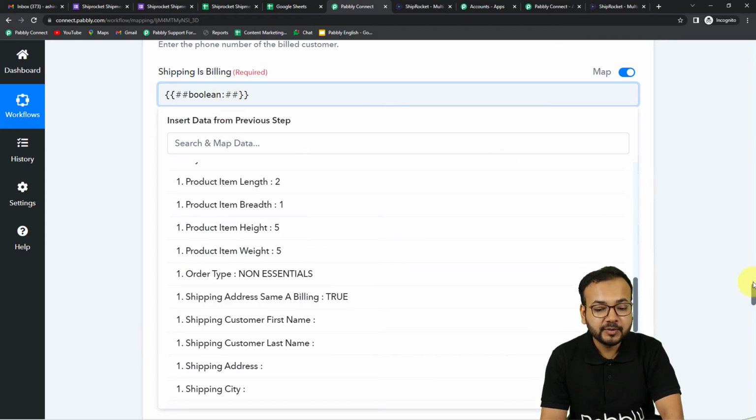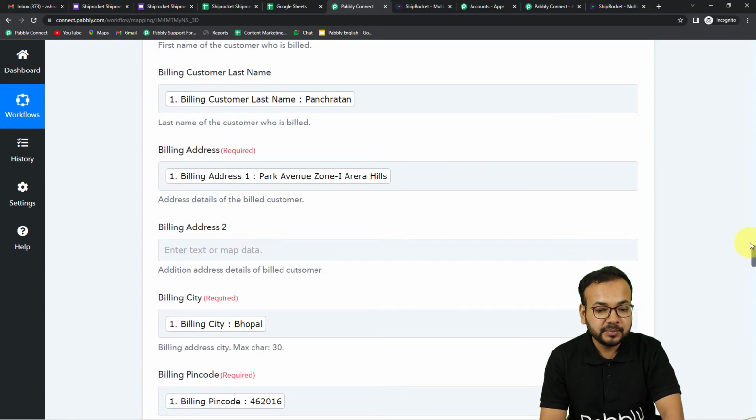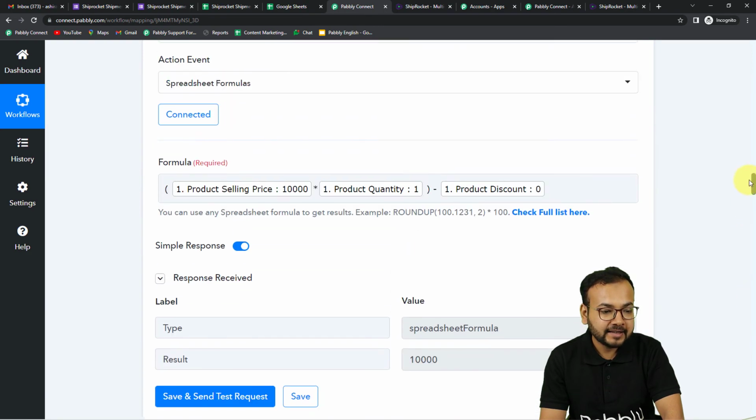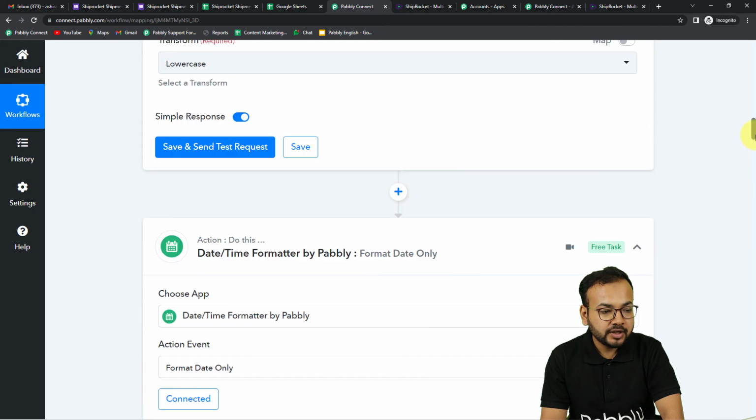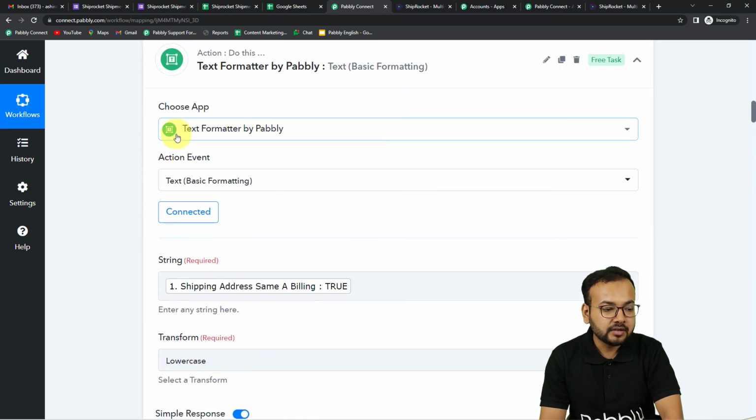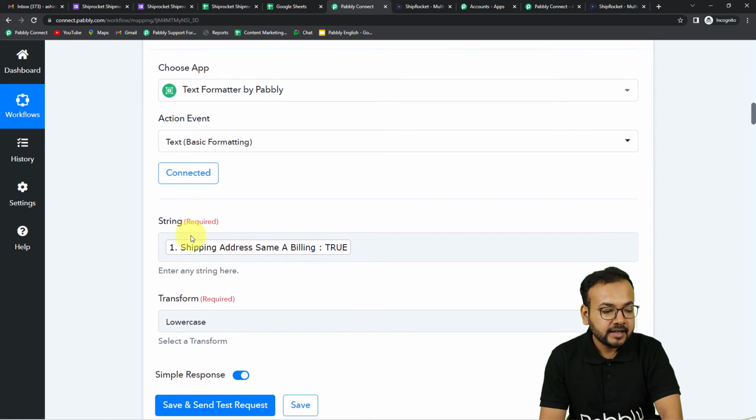For that, just scroll back, and here you can add a new step by clicking on this plus icon. From that action window you need to select this feature of Pabbly which is called text formatter. In the text formatter, choose the action event as text basic formatting, then click connect, and then it will